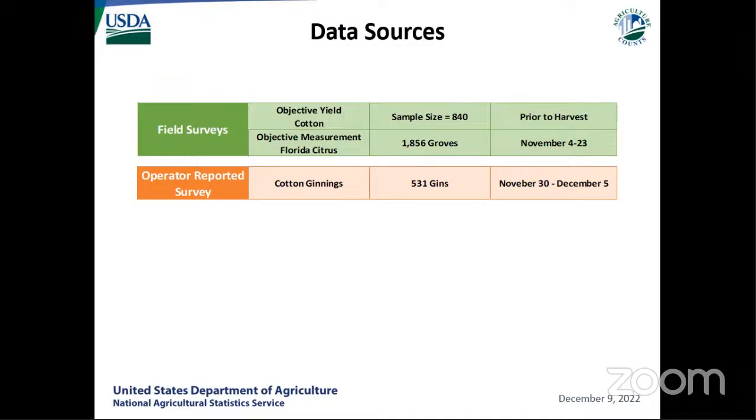So with that, and then last but not least for cotton, the differences. So that's pretty valuable information. Crop size there. You can see 531 active gins across the country, November 30th. Of course, what we're asking them to report is the number of bales ginned today plus what they expect to be at the end of the season. One quick